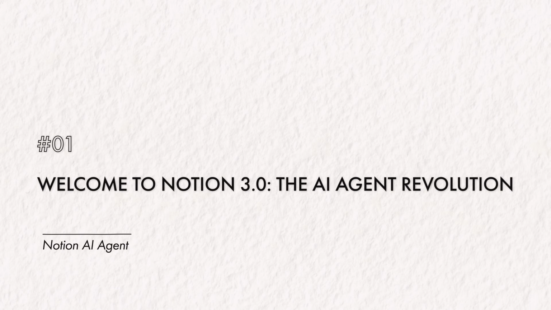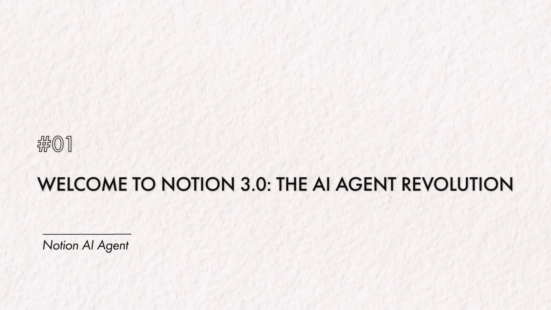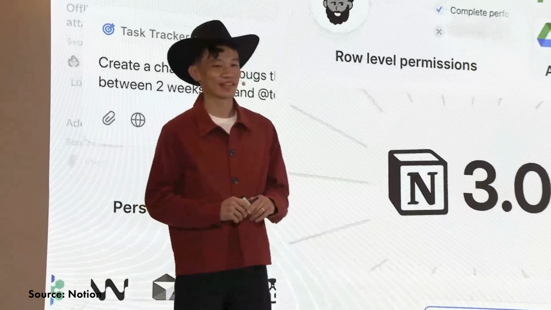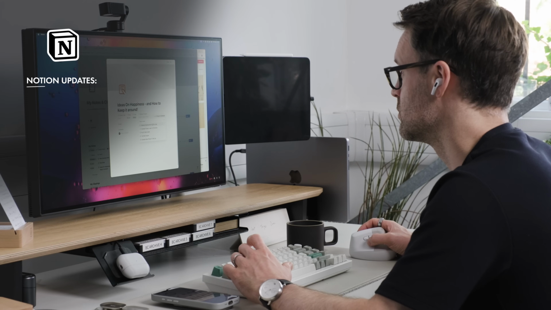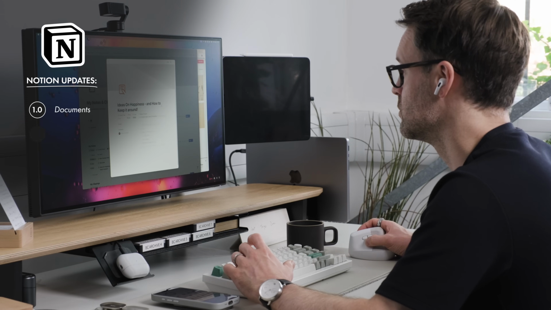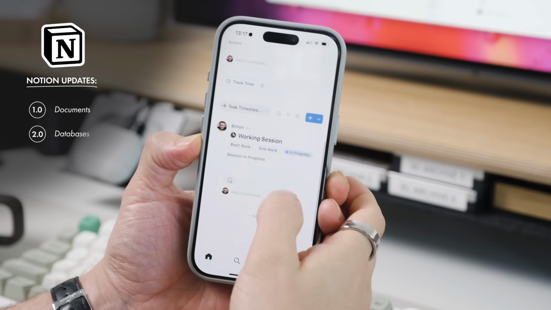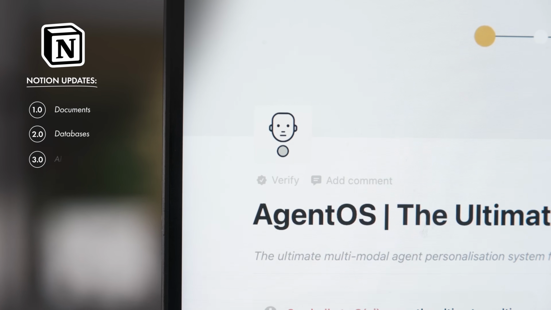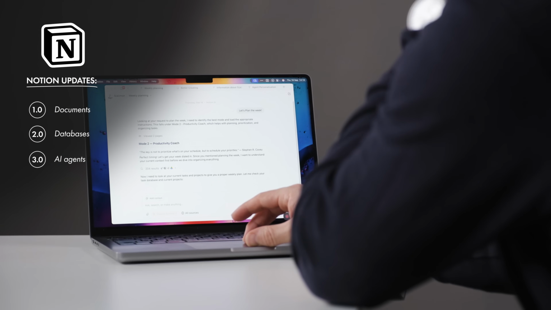Right, let's dive in. So first, let me set the stage with what Notion actually announced, because this isn't just an update. It's, I think, a fundamental shift in what Notion will be for a lot of people. So Notion 1.0 was about documents. Notion 2.0 brought us databases, and Notion 3.0 introduces something completely different: AI agents that actually help you work and